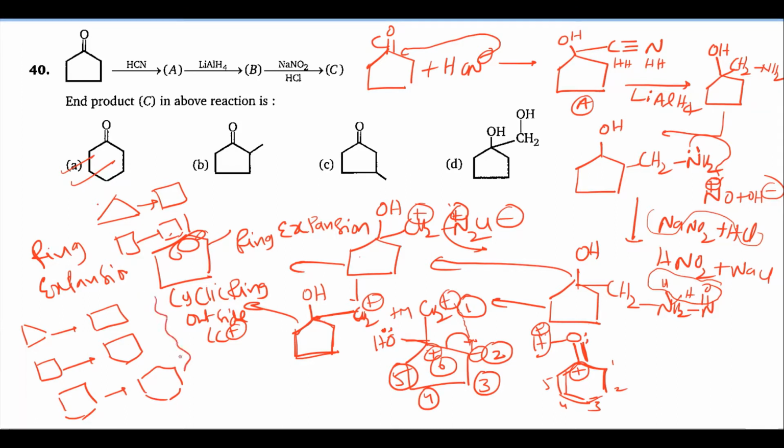But the condition is what? The condition is that a cyclic ring outside carbocation is there. So the ring will undergo expansion. This is the condition. You have to shift the bond like this, negative, positive. Positive and positive must be side by side. That is the condition. Then only the ring will undergo expansion. So this is question number 40.